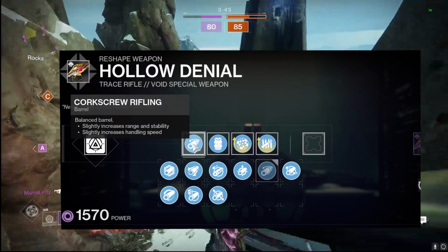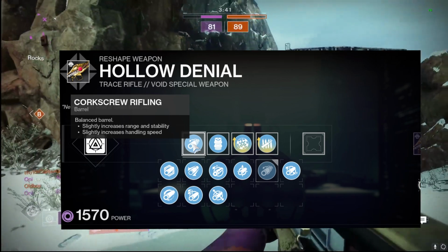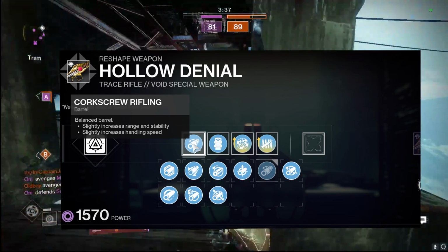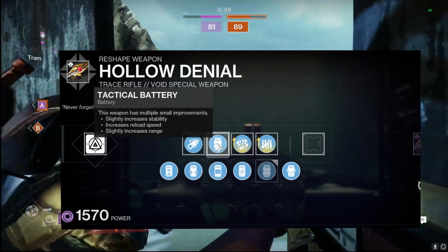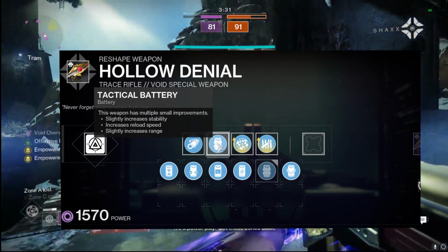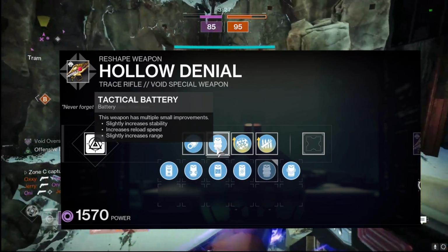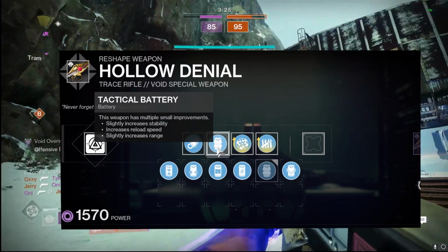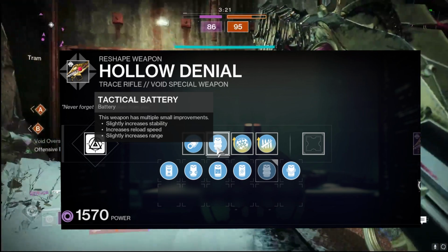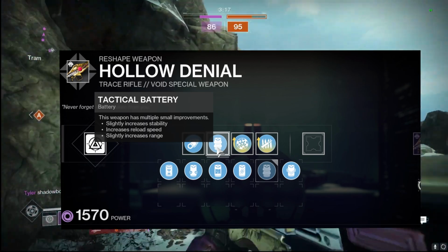Now, for our barrel, we're going to use corkscrew rifling to give us an increase to range, stability, and handling. So it's a jack of all trades for that PvP realm. Just like tactical battery gives us a nice increase to reload, stability, and range. So both of these pair well to work in all of those categories to help us really juice out this weapon for that stability and range, so we can just absolutely map people across the areas inside a Crucible,